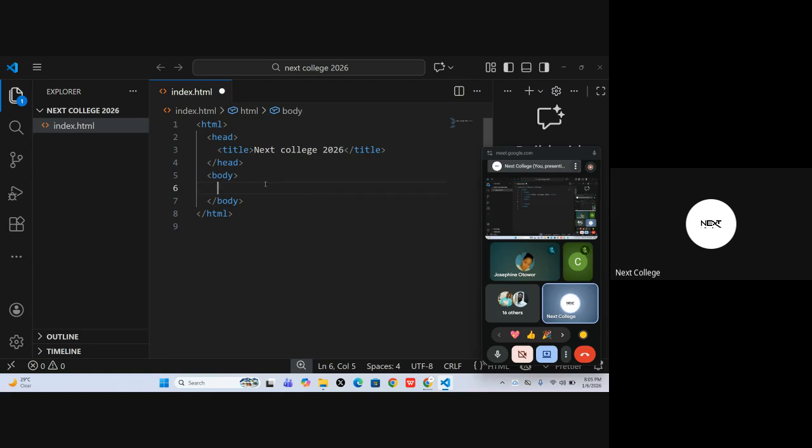Now, the first thing I want to learn about is what we call the H tags. So we have from H1 to H6, and all these things are for heading, but for different sizes. Now I want to add a heading here, so I can just put H1. Okay, they are now closed. I can now say heading what? Heading 1. So if I save this now, then go to my browser,